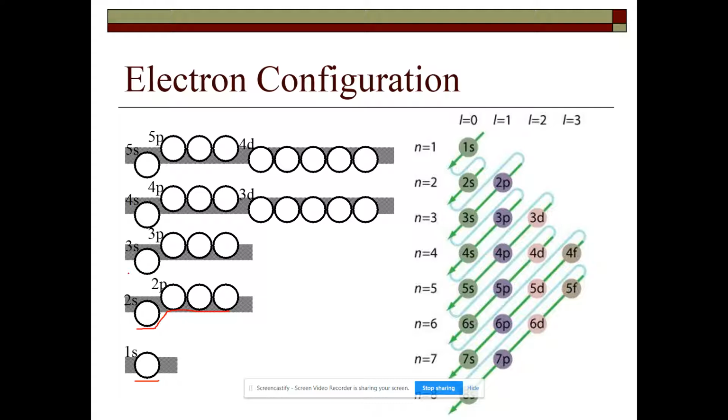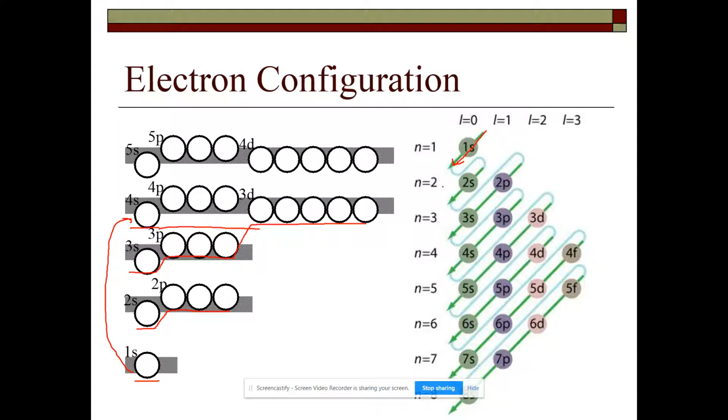The third floor, the third shell, has three sublevels, three building types: an S apartment, a P apartment, and a D apartment. And these are all also at different levels. Well, the fourth floor actually starts lower than the D apartment on the third floor. So it's actually easier for them to get into the 4S apartment than it is to get into the 3D. So we follow this pattern that's outlined by what's called the Aufbau diagram,